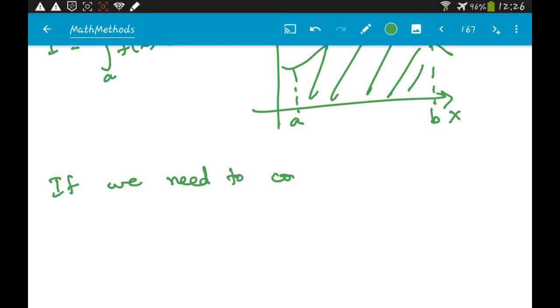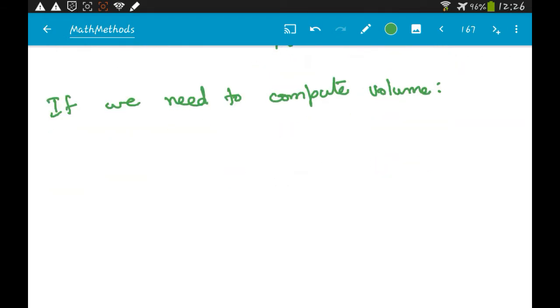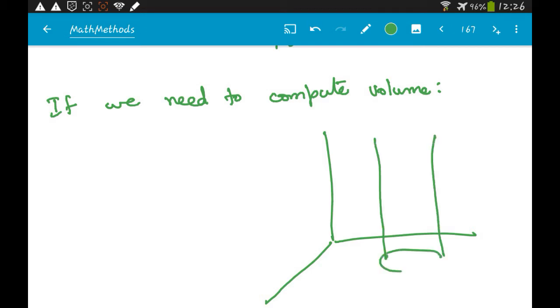If we need to compute volume, then what we'll do, we have this three-dimensional Cartesian coordinate system, and let's say we want to compute the volume of this cylinder, right. Then what will we do? We will first compute the volume of, or the area of this small patch here,